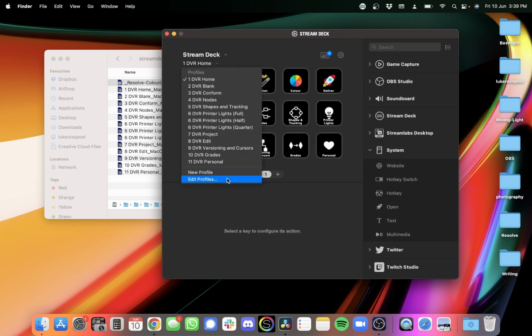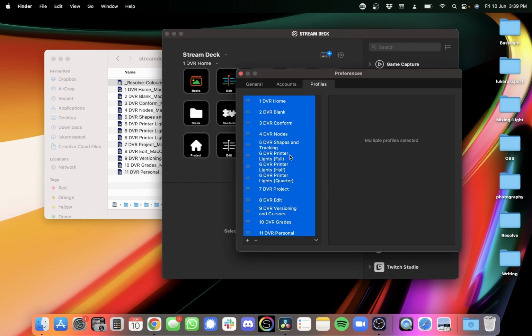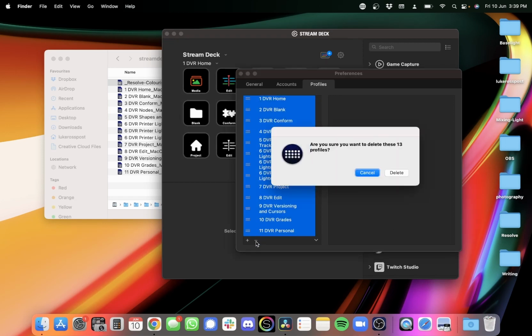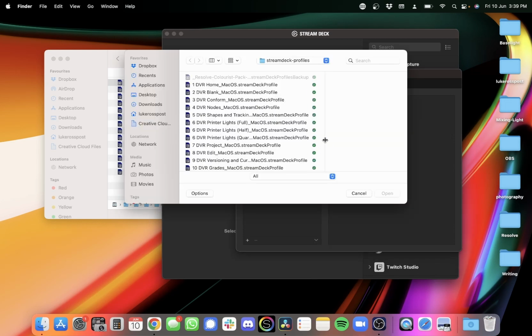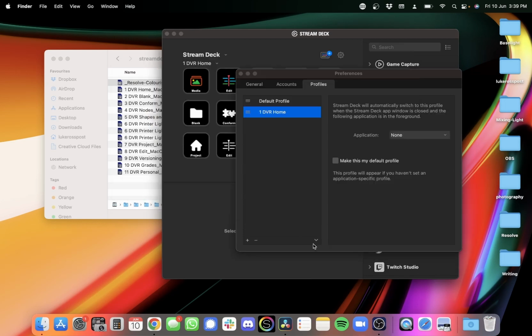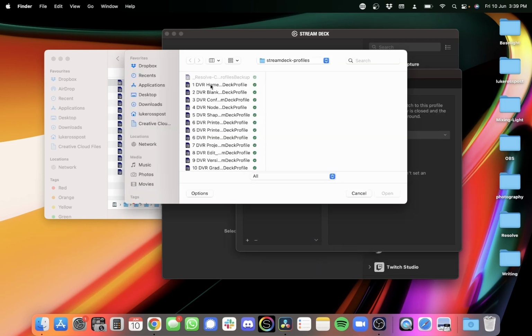I'm going to go up to our preferences menu, and I'm just going to Command A to select all of my profiles and just delete them. And I'm just going to show you how to import a singular profile if you already had some established profiles on your Stream Deck. It's really nice and simple to import a profile. You just go to the toggle menu, hit import, and go ahead and click a profile to import. If I do this a couple of times,